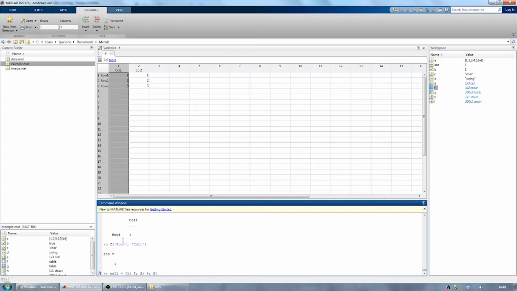And it's best to just keep them one wide, so that it's a column. Say col2 will equal cell array of characters. So let's go A, B, C, D,